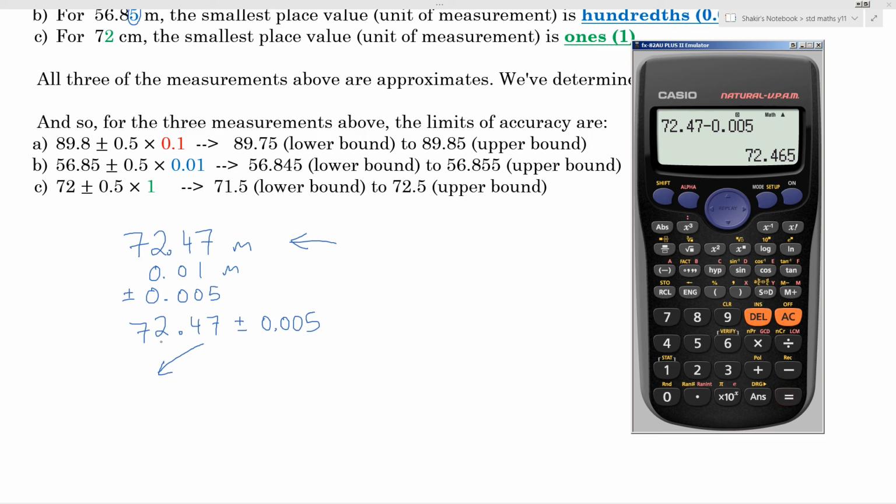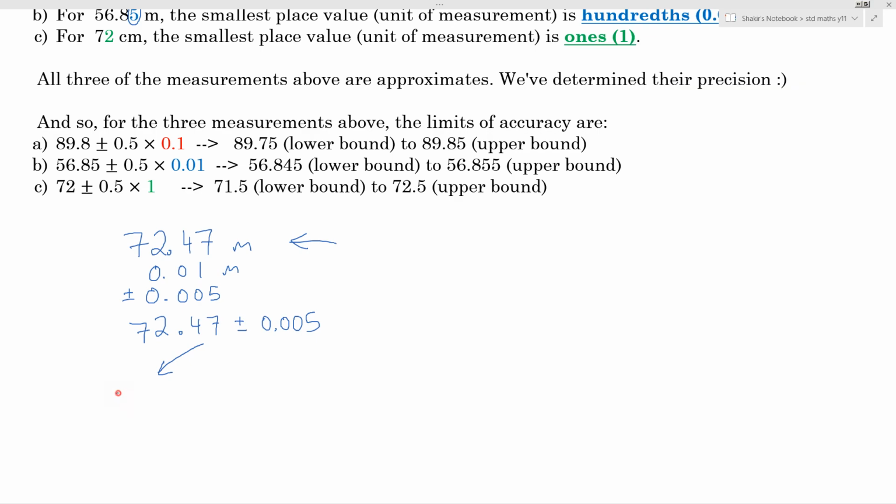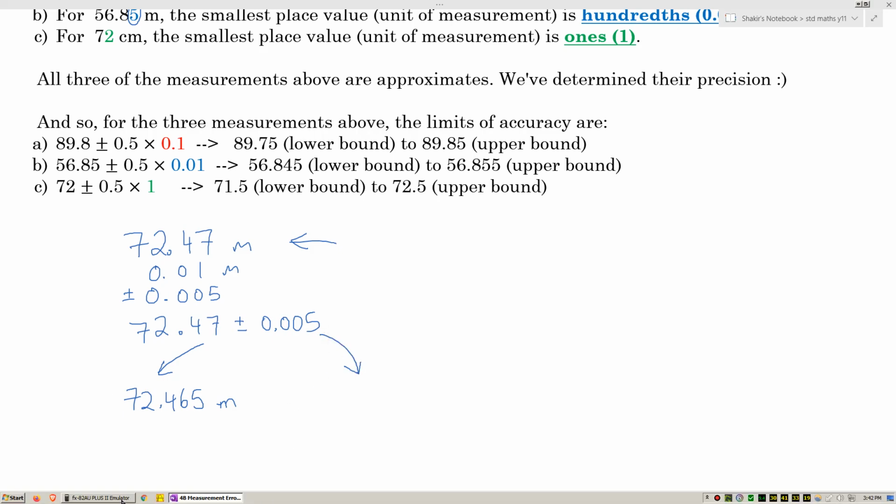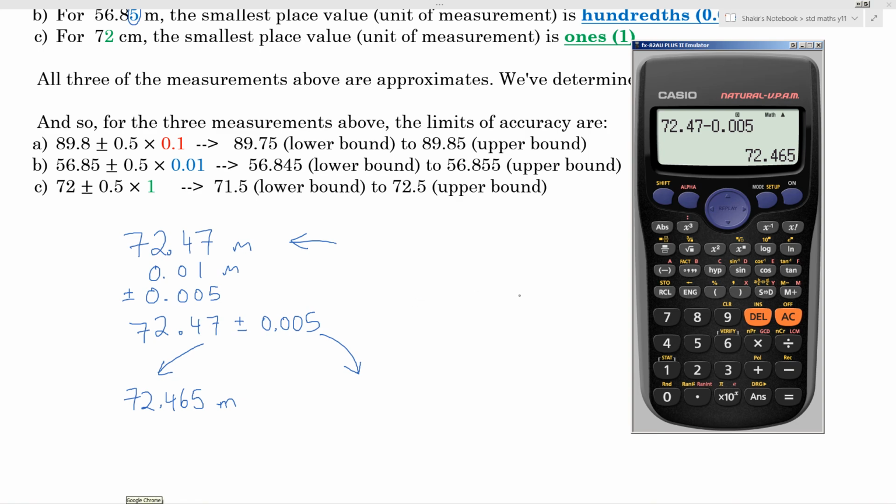And so this measurement could have been rounded up from 72.465 meters, or all the way up until the upper bound, the highest it could have been rounded down from,